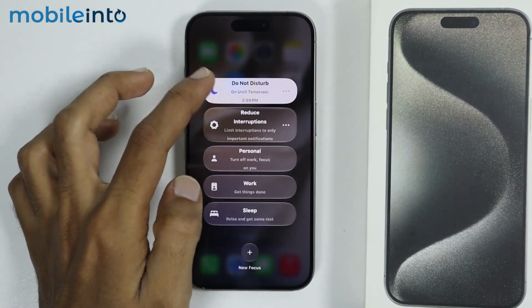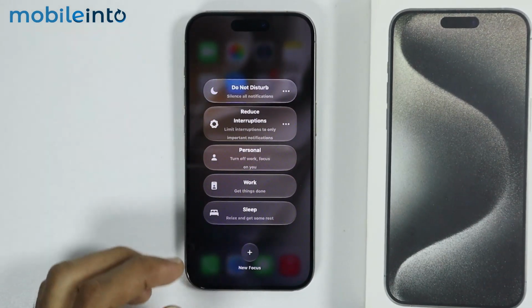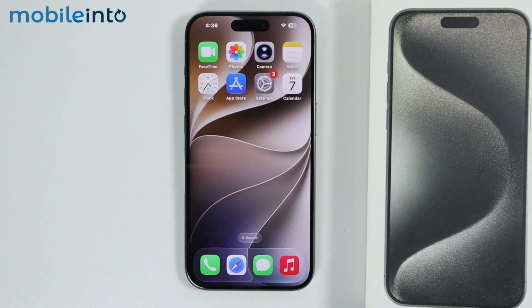As you can see, this is how it will look when it is turned on. Now just tap on it to turn it off. But if you have noticed that after you turn off Do Not Disturb mode, now if it automatically turns on